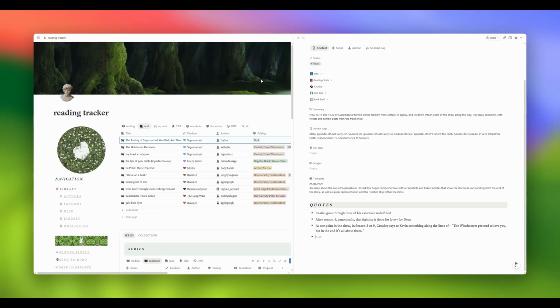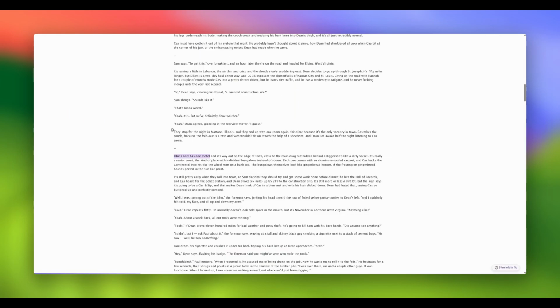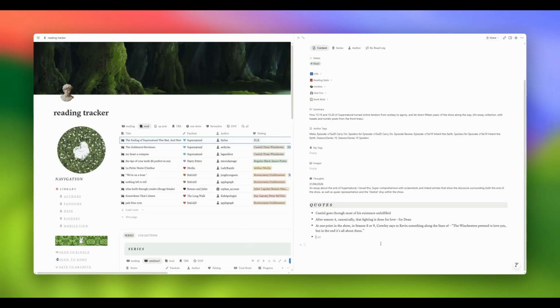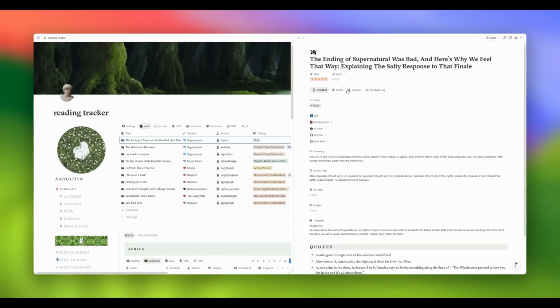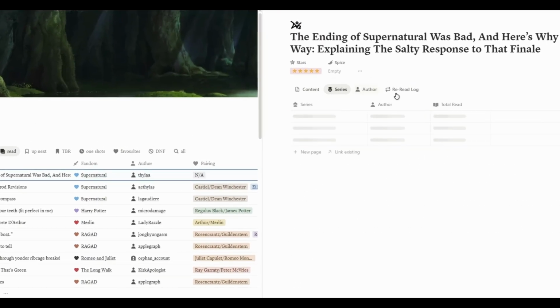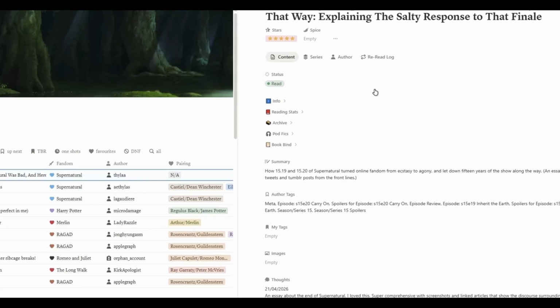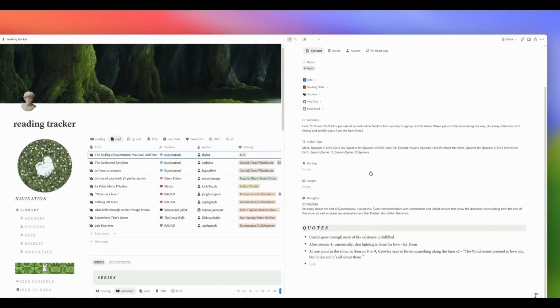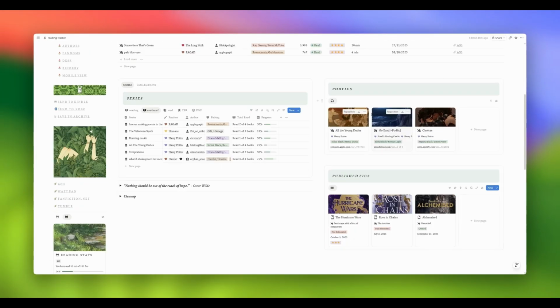It won't show because my plugin isn't linked to this database, but essentially you just highlight your quote, and then with this little toggle here, you just press that and it will import your quote here. I think that's pretty much everything for the main database page and how it interacts with the podfics,